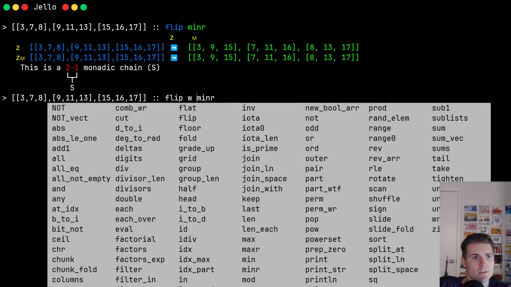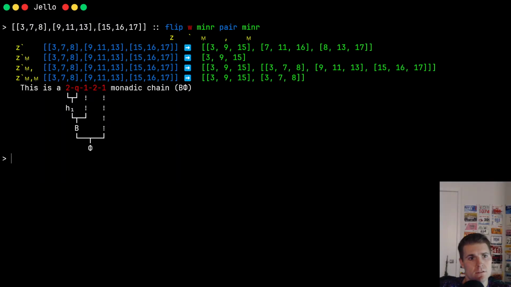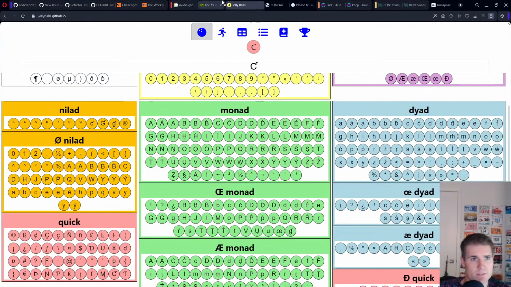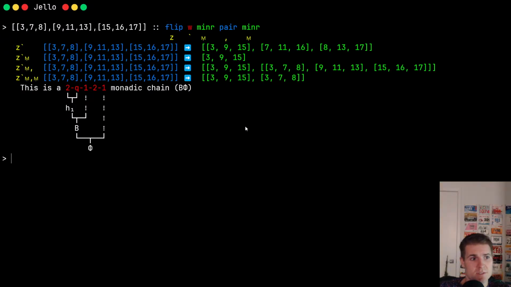Oh, this doesn't even work. Yeah, there we go. But that's not even what the problem asks, right? The problem asks for something else. If it's both the minimum in its row and maximum in its column. So